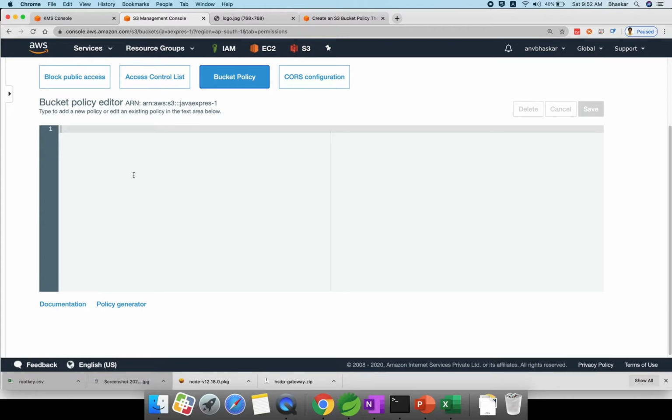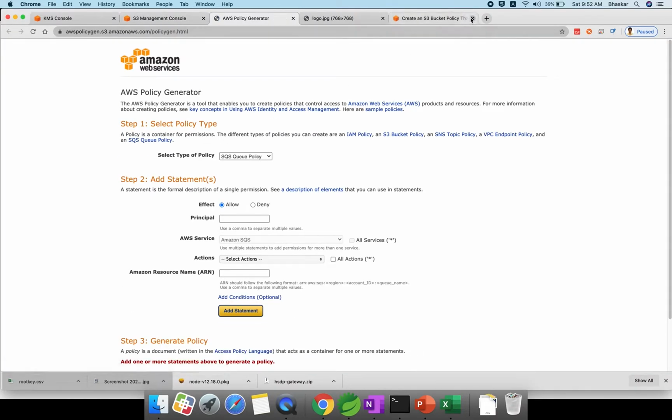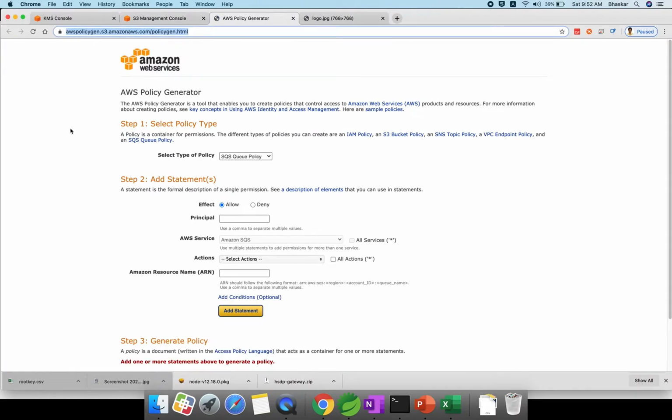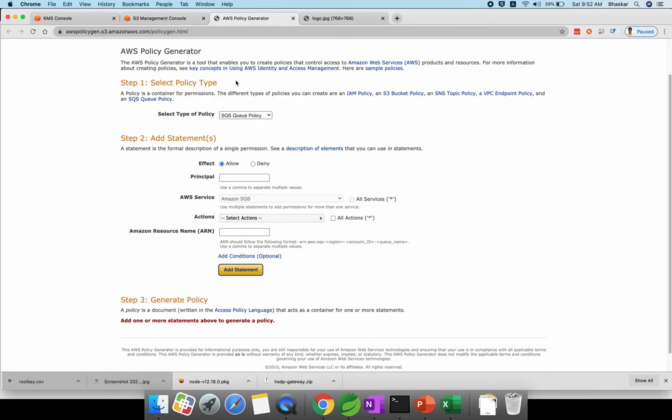You are giving permission to anything. It is very good if you do R&D. If you see here, there is a policy generator. Click here, and it will navigate you to a different page, the policy generator. Here you can select your policy type. Right now your policy is nothing but a permission at the service level. You can create this bucket policy for these things: IAM policy, endpoint policy, bucket, everything. A policy is like a permission for rules on who is accessing, authorized or not authorized. Right now we are using the S3 bucket policy.